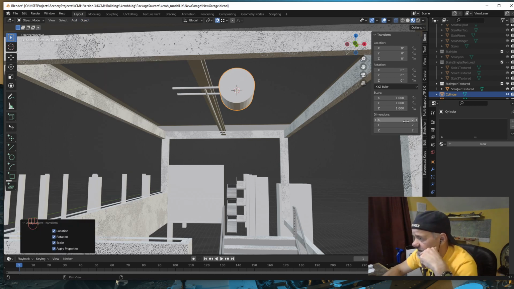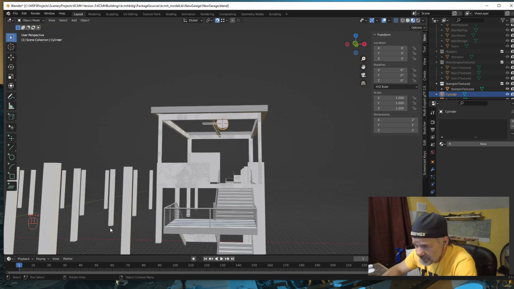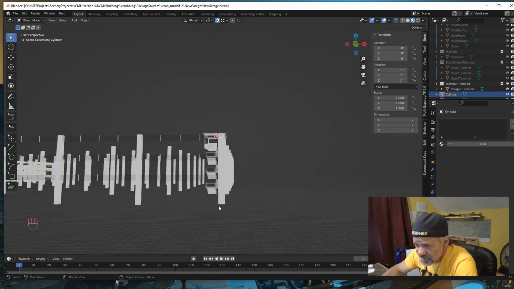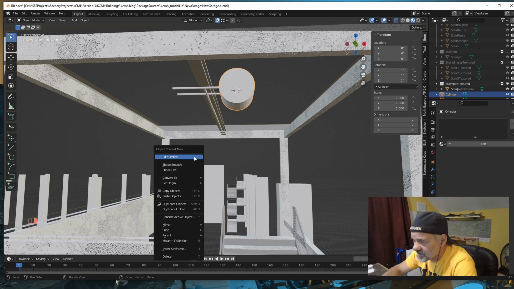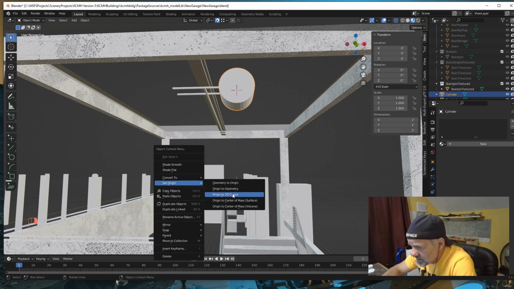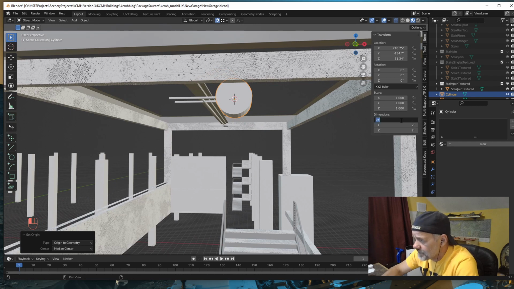Now let's change our X to 1. Oh, where'd my origin, there, my origin moved down here. Alright, so I need to change that. I want to right click, set origin to geometry. There we go. Now we can go X1, Z1,